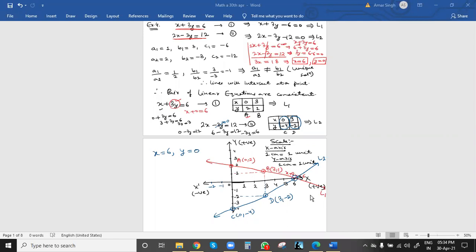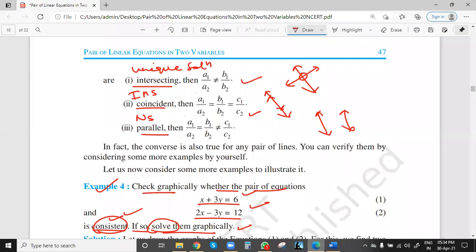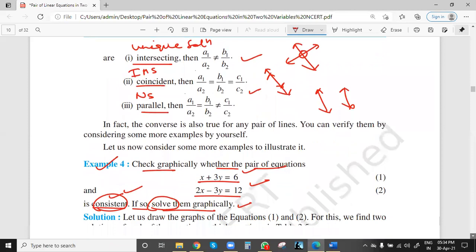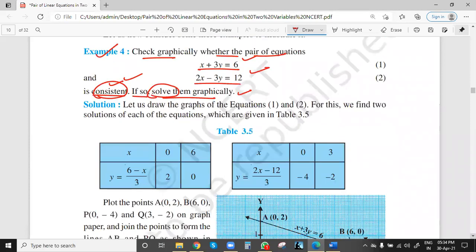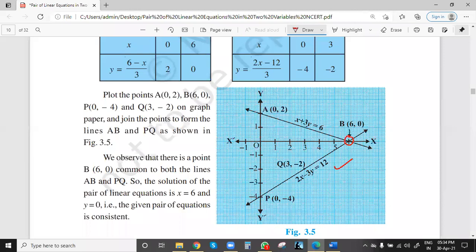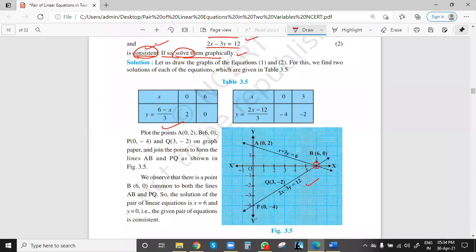And this is example number 4 from the textbook. X we got 6 and y 0. So normally by elimination method or substitution method we will find, then drawing the graph will be much easier. And this is the proper format of writing, because after getting the answer value, you also have to check, or you can say you have to read the solution, whatever they have given in this NCERT textbook. So this type of table, graph, equation line, line L1, L2, intersection points A, B, C, D. These points you have to plot in a similar way. Then only you will get full marks.